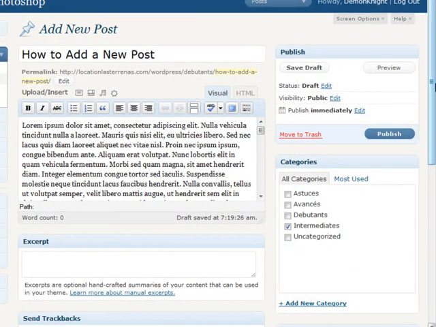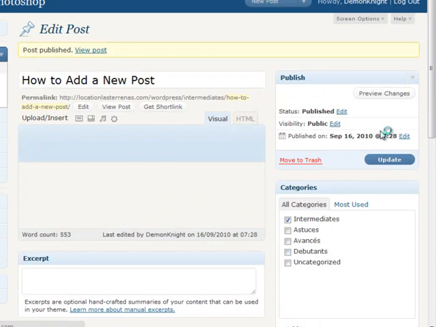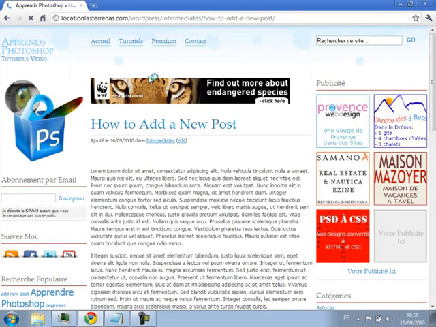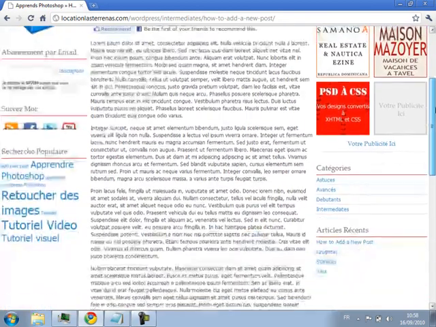Okay, now that we've gone through everything, what we'll do is we'll quickly publish this new post. Okay, my post has been published. What I'm going to do is I'm directly going to click on this button which says view post, which will take me to my website and directly to my new post. You can see that my new post has been added,